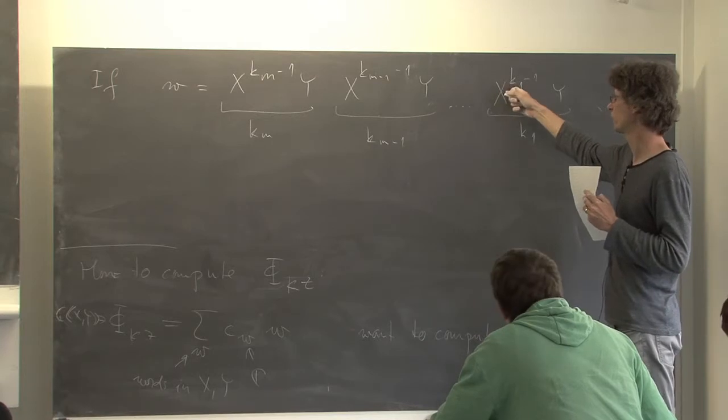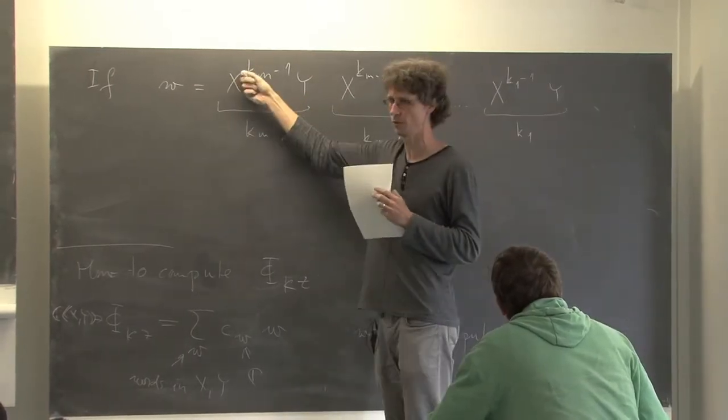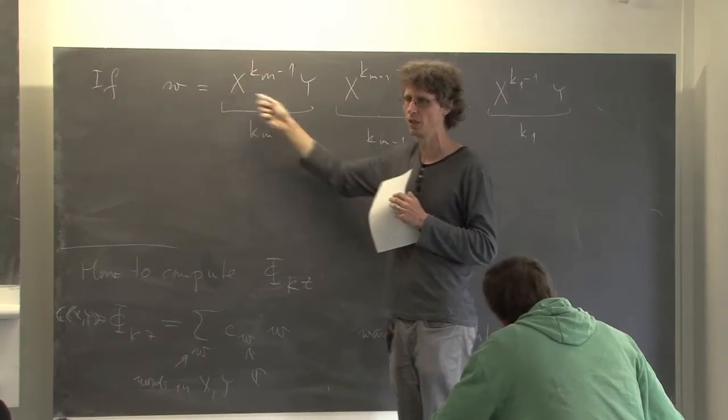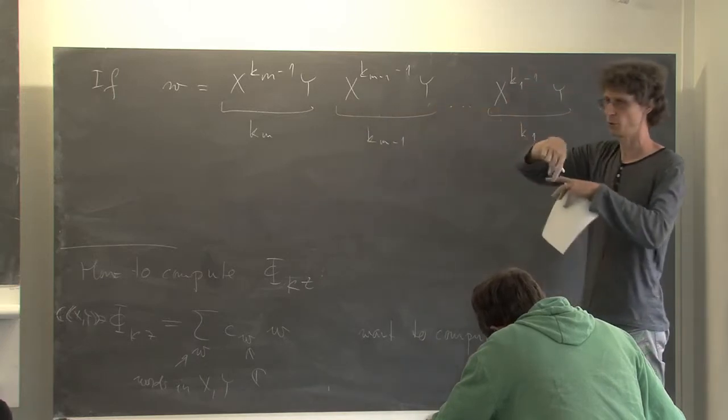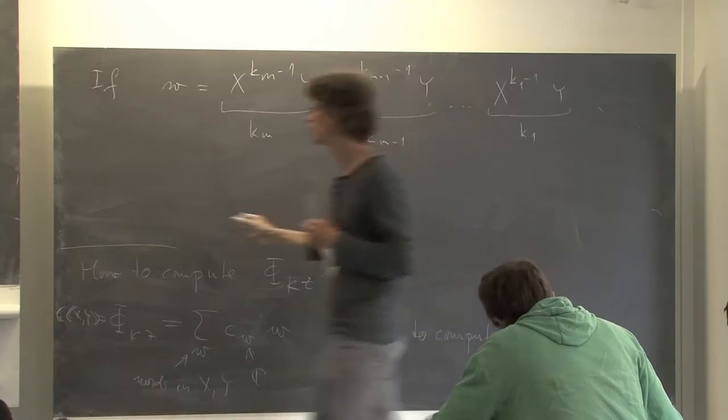So some of those k's can be equal to 1, except for this one: km should be at least 2 if you want to have x here, but otherwise there might be some repeated y, so that's when there would be no power of x. Then